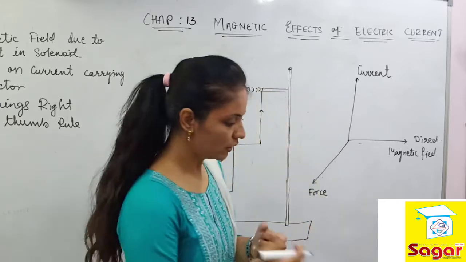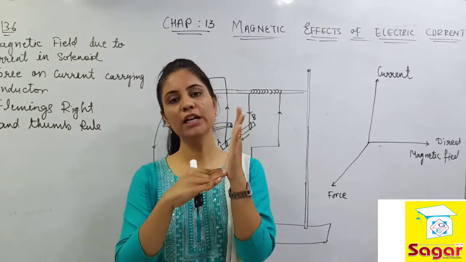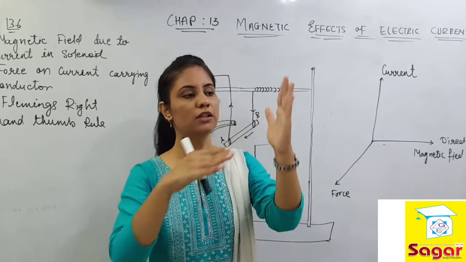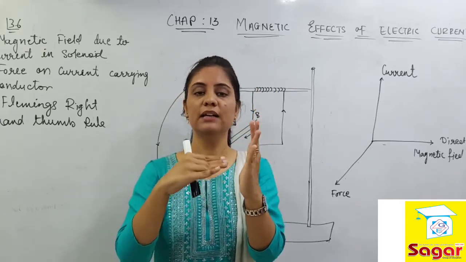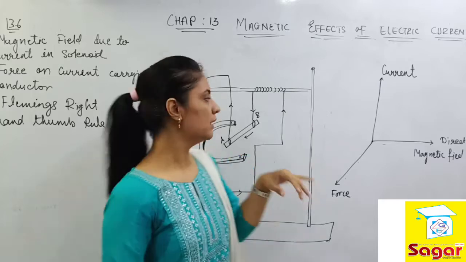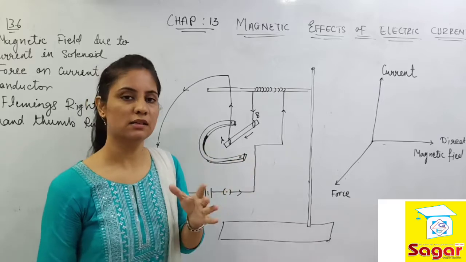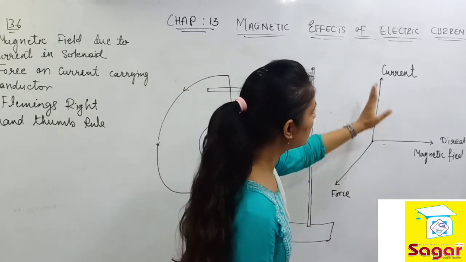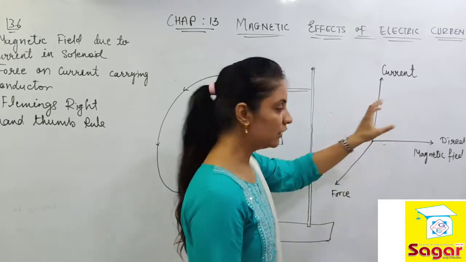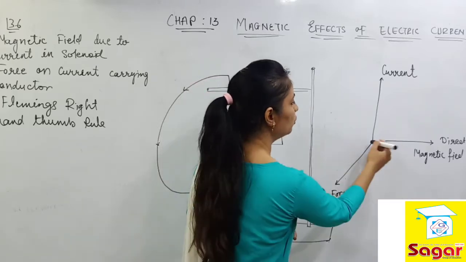So now our question is, suppose I make the electric current and magnetic field work perpendicular to each other. The force will be generated perpendicular to both of them. They act on each other at a 90 degree angle. So with respect to the 90 degree angle, perpendicular to both, this unknown force is acting over the rod, and this is the direction in which the rod will be displaced. Suppose the current and the direction of the magnetic field are both at right angle to each other. Then the direction of the force acting onto the rod will be perpendicular to these two.